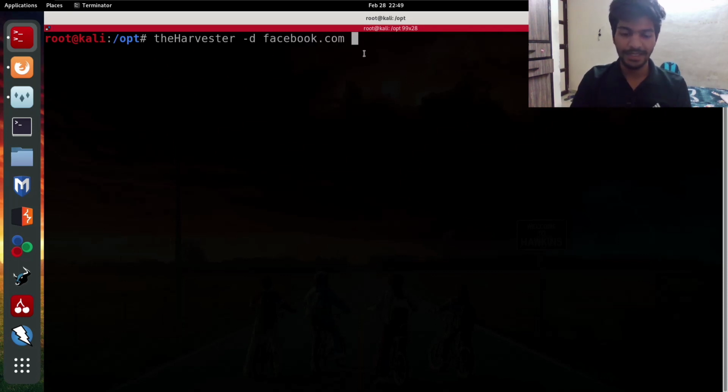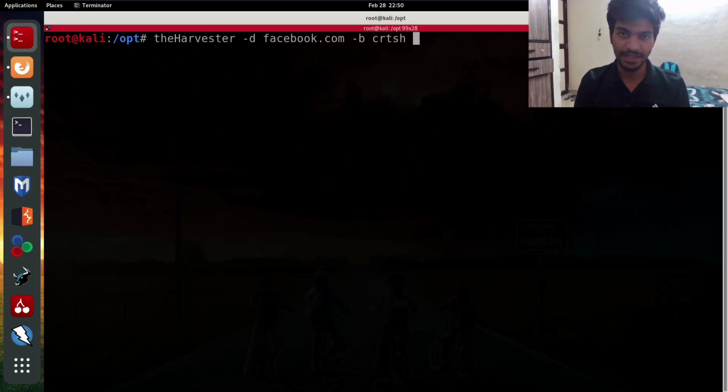Next, we can specify the -b option. The project we used last time was the certificate transparency project. So I'm going to use the same project in this case to show you how the process is being automated using this tool, theHarvester. The name of the project is crtsh, as accepted by theHarvester.